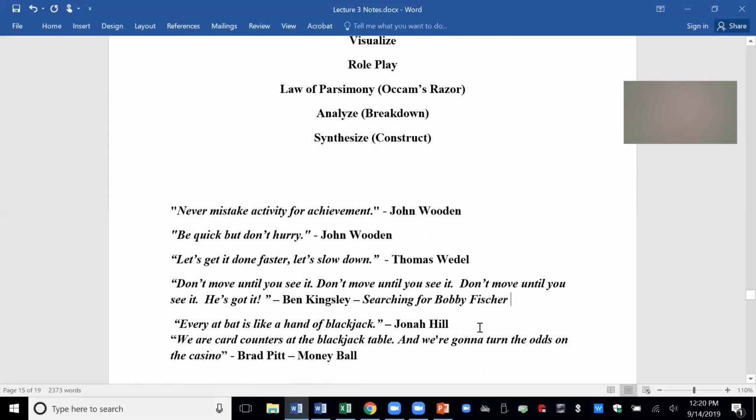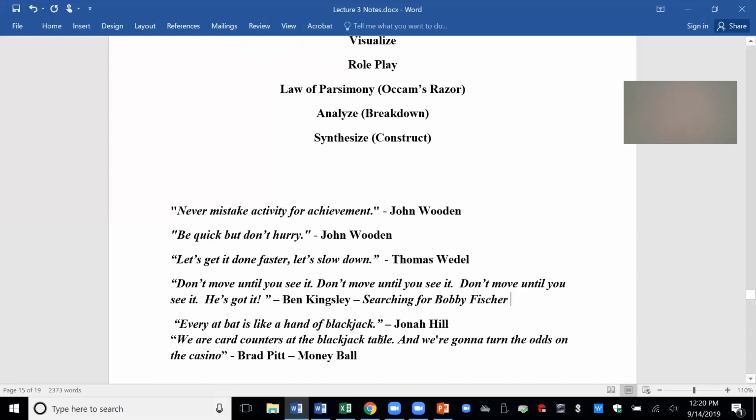A couple other quotes while we're here from the movie Moneyball, a good movie to illustrate how to apply business analytics. In this case, it was applied to the 2001 Oakland A's baseball team. They had 25% of the budget of the New York Yankees and put together a group of misfits who ended up setting the record for most consecutive wins.